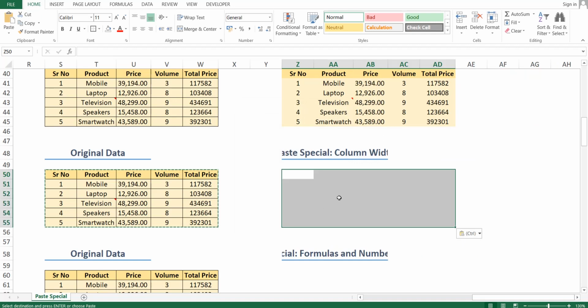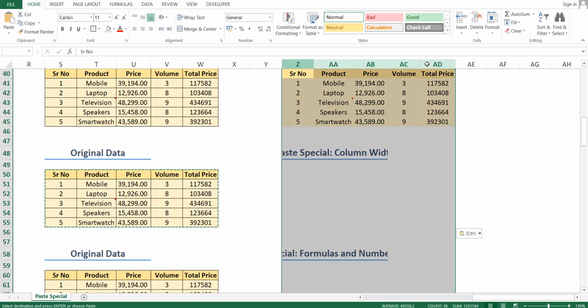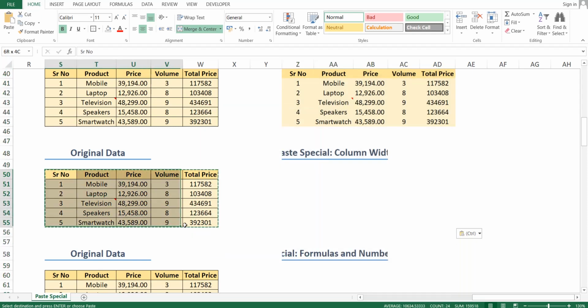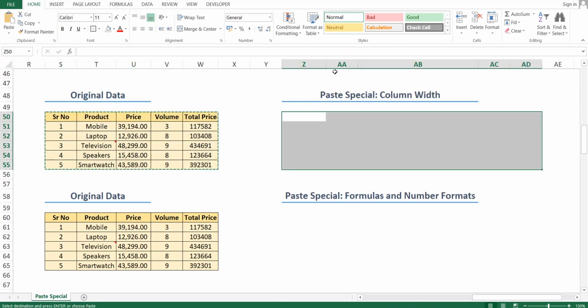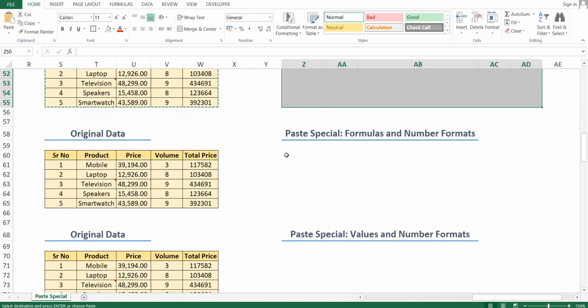So you can see that the width of all the columns, for these specific 5 columns, got automatically adjusted. So data will not get copied, formatting will not get copied, only column widths will get copied. I will again adjust the column width so that it will look perfect.